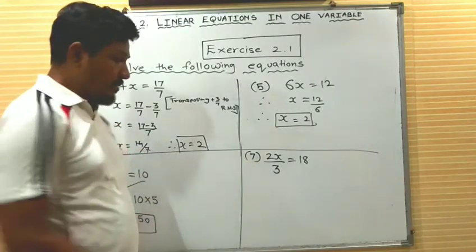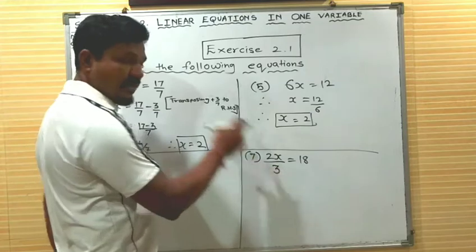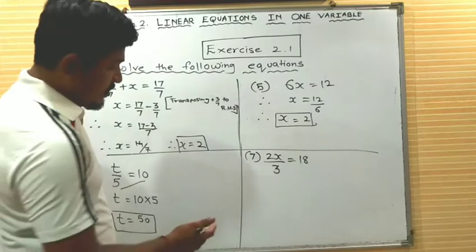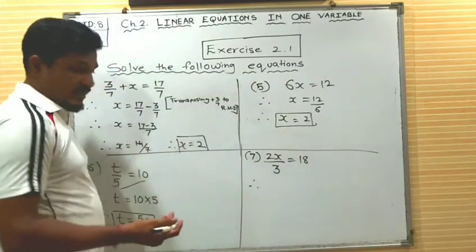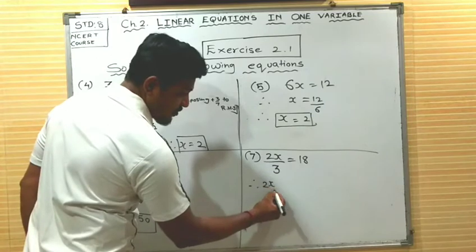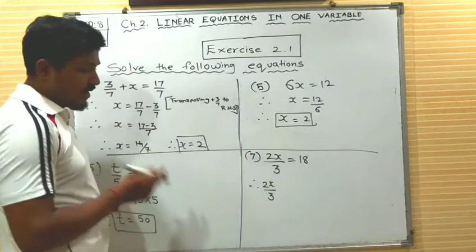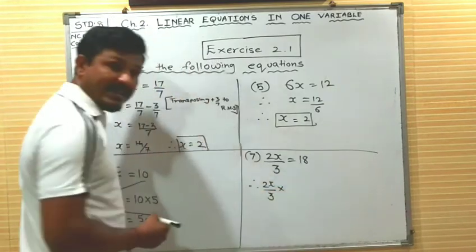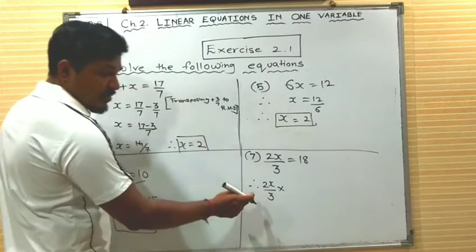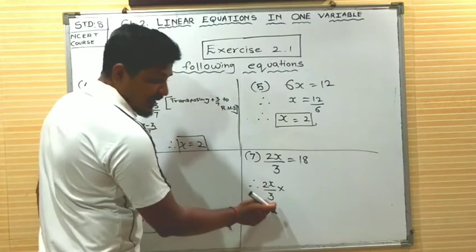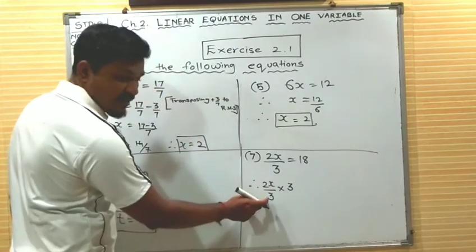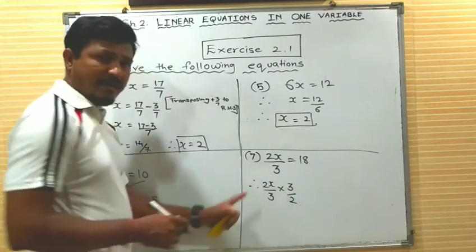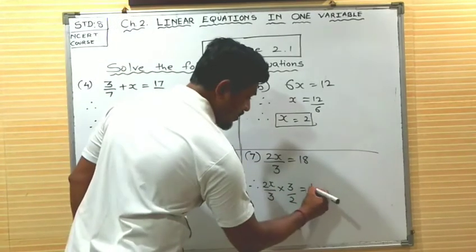Now here what you will do? You have a multiple also there with the variable, and the variable is divided by 3 also. The variable is multiplied by 2 and divided by 3. So what I will do? Always keep in your mind, as I told you, you need to get the value of x. For that you need to cancel this 2 and 3. So what I will do? I will multiply, as I told you, if 3 is there, how will it get cancelled? If it is in division form, multiply it. If it is in multiply form, divide. So whatever value I had taken on my left hand side, the same value you take on your right hand side.